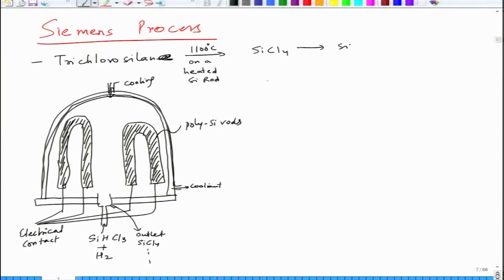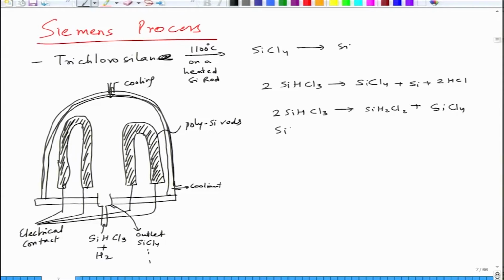Now in this, the reactions that happen are 2 SiHCl3 makes SiCl4 plus silicon plus 2HCl. So it's not a very friendly reaction. You can see that the things that are forming are not very benign, and this happens in multiple stages. So you have 2 SiHCl3 goes to SiH2Cl2 plus SiCl4, then SiH2Cl2 forms Si plus 2HCl, and then this hydrogen also reacts with